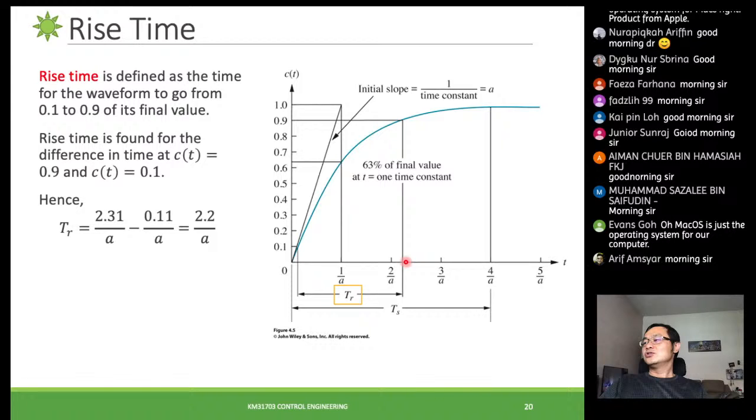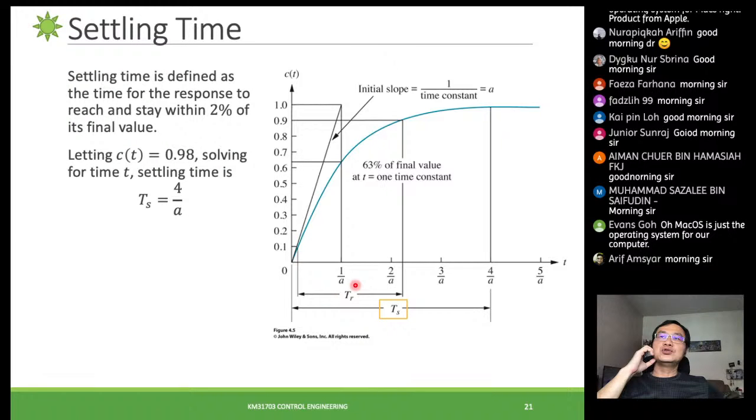Next would be the settling time. Settling time refers to the time it requires, from initially zero value, now we put in an input, a step input. Because of this step input, the system has to respond and move to 1, as our final value. So how long does it take to reach the steady state region, and we usually define it as 2% of the final value, meaning we want it to be